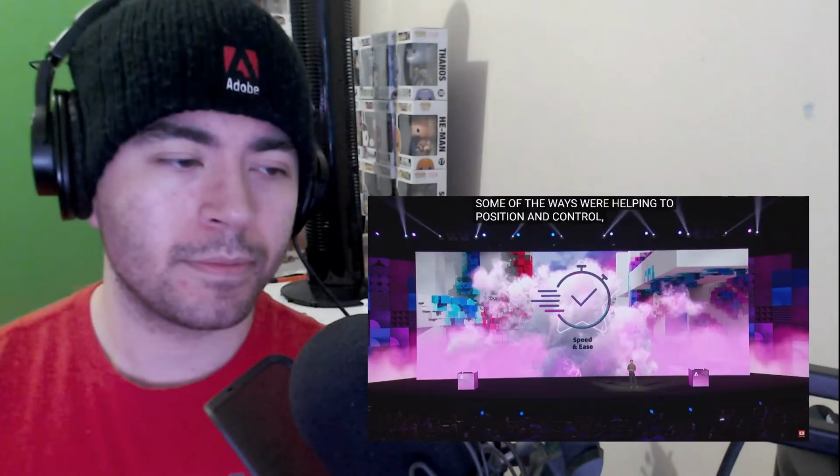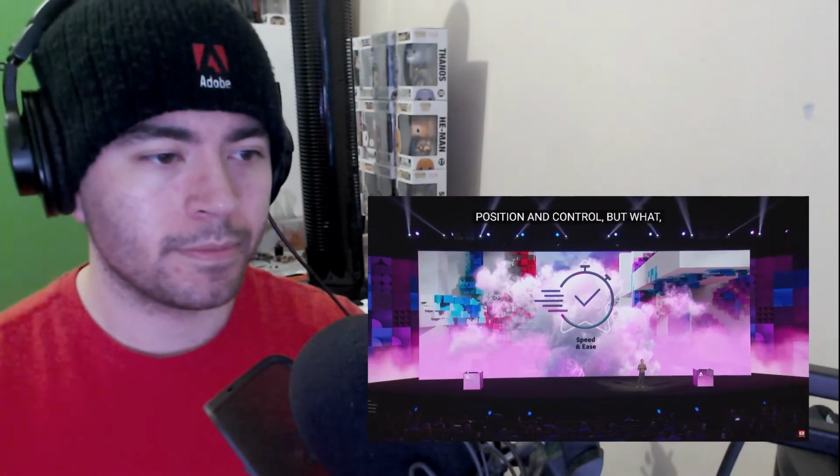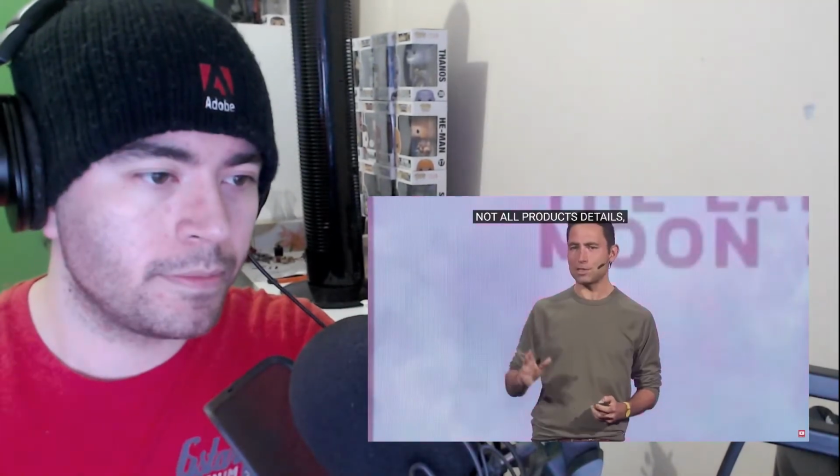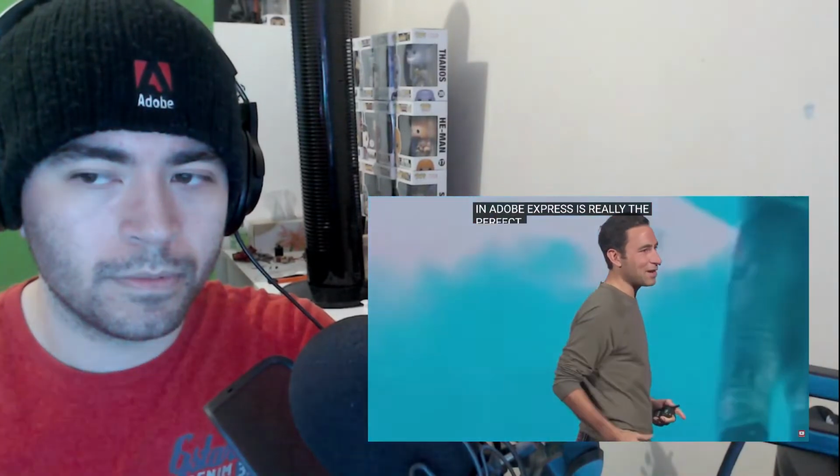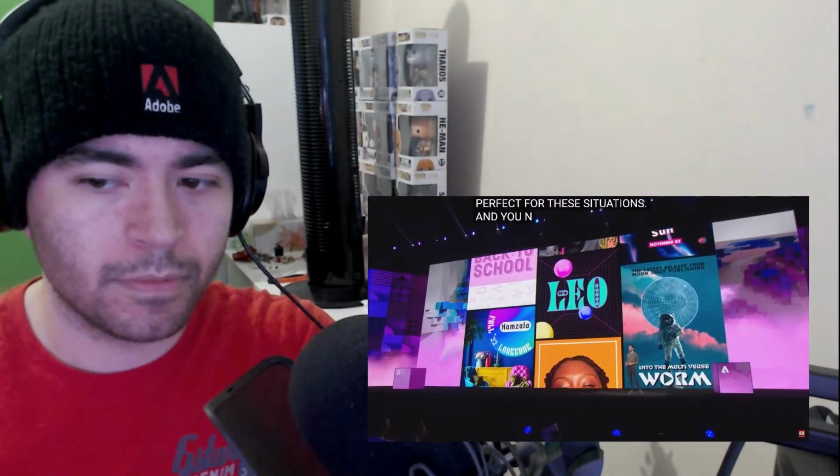Let's face it, sometimes you just want to do something super quickly and as easily as possible, and Adobe Express is really becoming the perfect app for those situations. When you need to quickly edit an image, trim a video, make a GIF, or a GIF for those of you that like to be wrong,